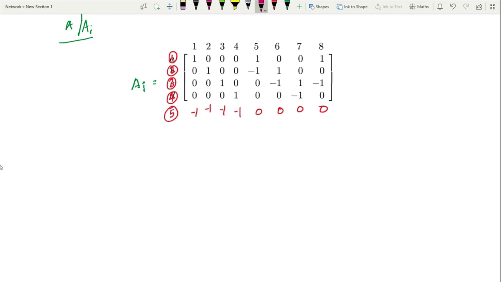How many nodes are there? Here we can have 5 nodes. Let's mark first node like this, second node, third node, fourth node and fifth node like this. You can mark in another direction also. That's not a matter. Anyway, we need to mark 5 nodes like this. So let's take branch 1. Branch 1 is connected between first node and fifth node. So let's mark in this manner. It is connected between node 1 and 5.